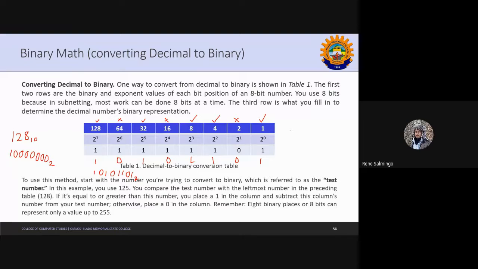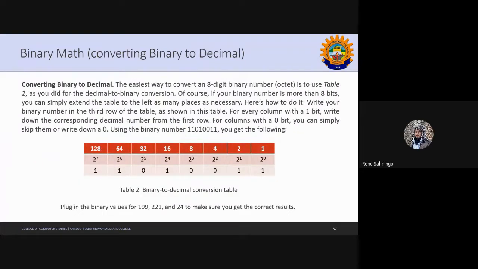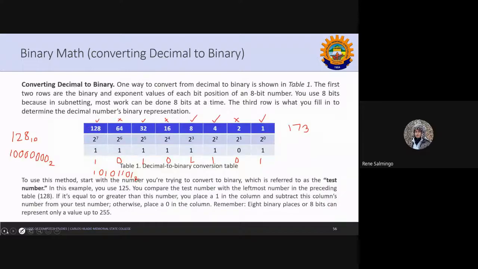So that is 173, if you add it correctly, so you'll have the decimal value. So that is binary to decimal. This one, we are doing decimal to binary. So this slide is binary to decimal. Okay? So what we did here is from,